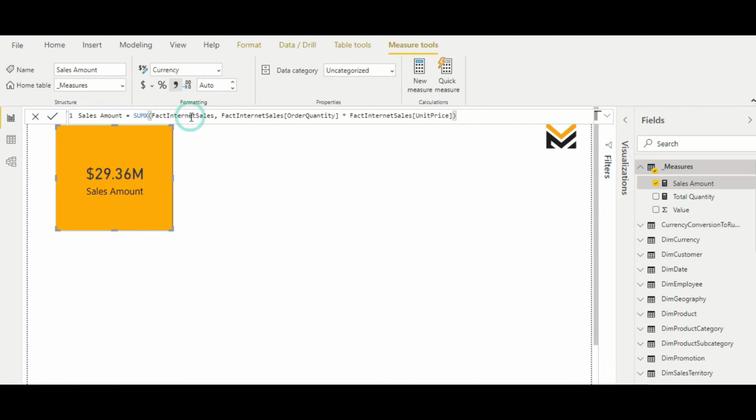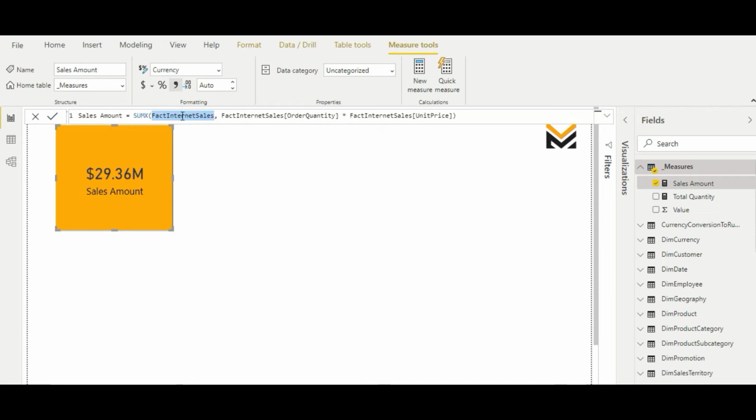When we are iterating over the fact internet sales, we are directly referencing the column of the table. We are not using any aggregate function on it, right? So how are we able to reference this? Because we are in the iteration, we are in the row context now.